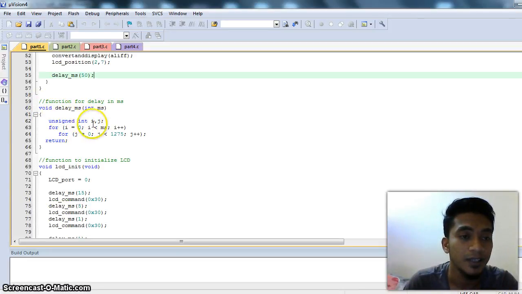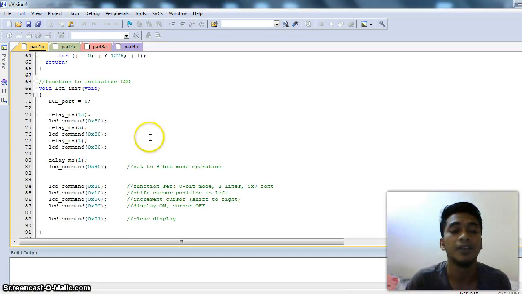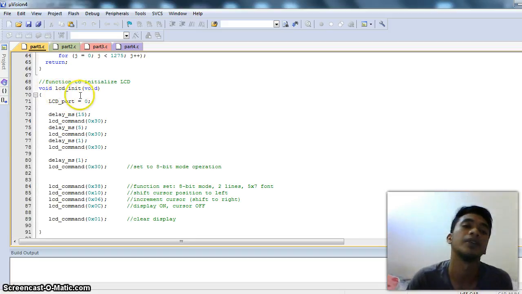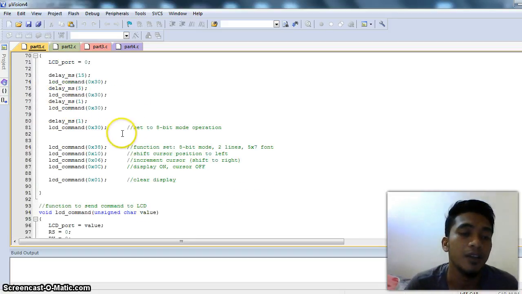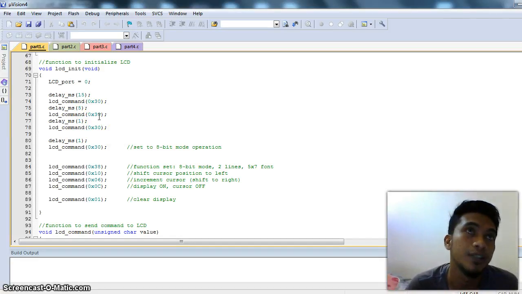As you can see, the I and J loops run from 1 to 5 for the delay. As I mentioned earlier, the LCD functions are fixed, so we can just copy and use them in other tasks that use the LCD.